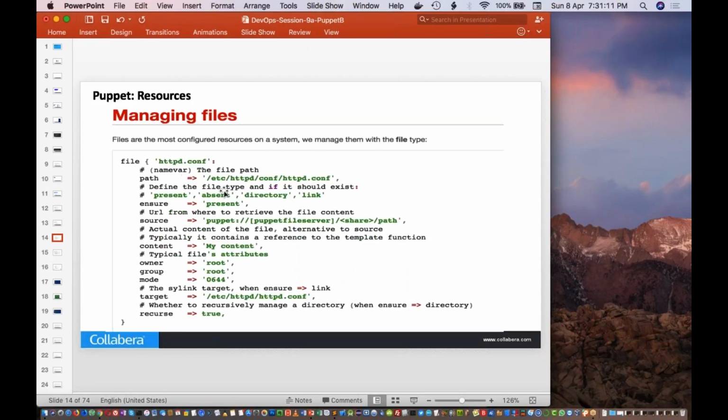Then for managing files, you can use the file resource. You can create a file, specify the path of the file, then source, if you want to specify a source of the file. Then content, you can directly give; ownership, owner, group, mode, all those things you will be able to specify. If it is a directory, then you can give recursive as true and it will create the whole directory structure.